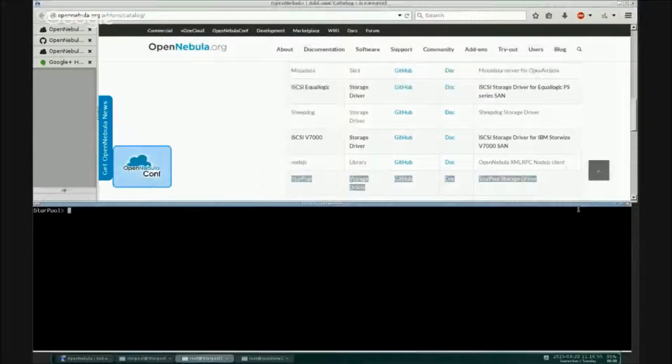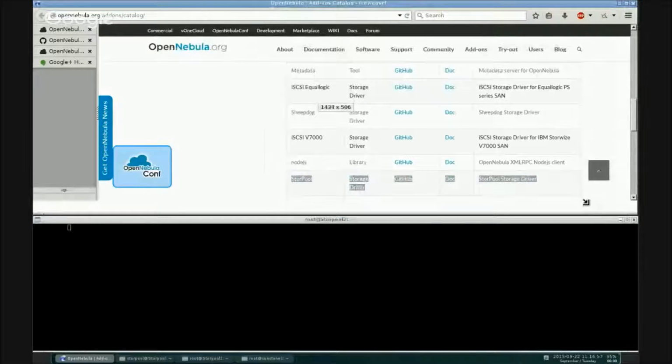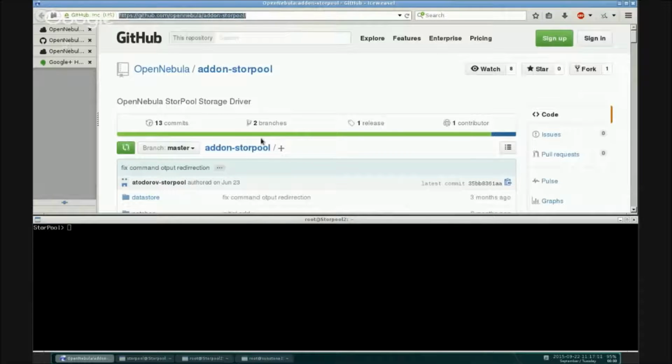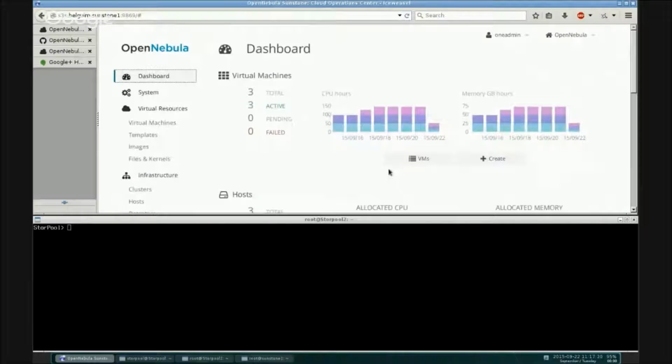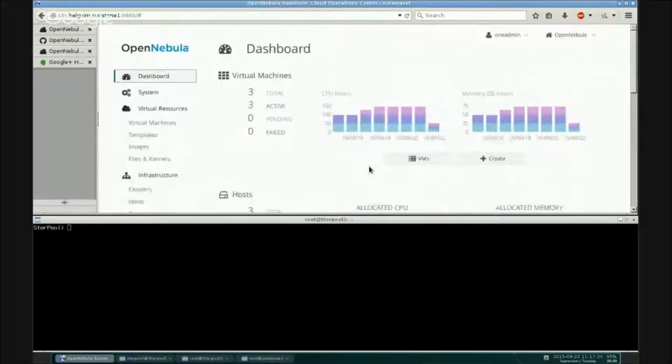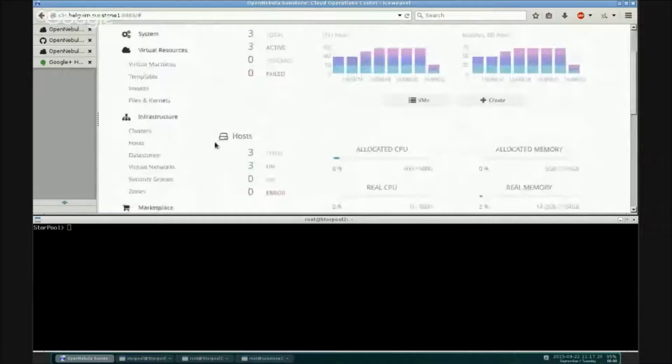OpenNebula has, I'm showing you here, a driver for StorPool, which we implemented and we are maintaining with every new version of the cloud management system. You can get the driver here. We would usually be very involved in helping you install that and making sure it works really well with your environment. And then at the end, with the cloud management system, you get this kind of dashboard